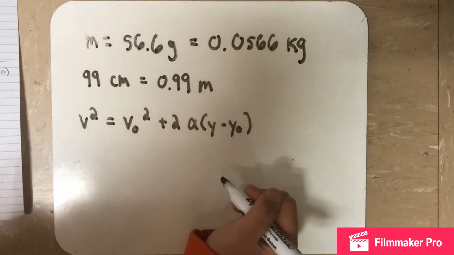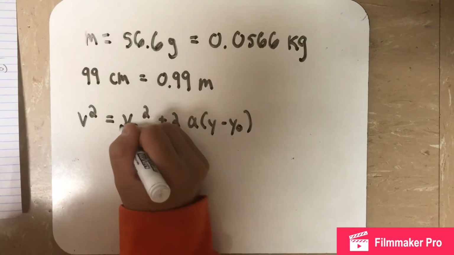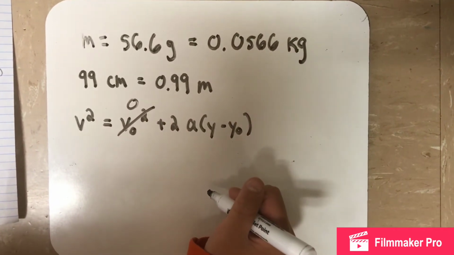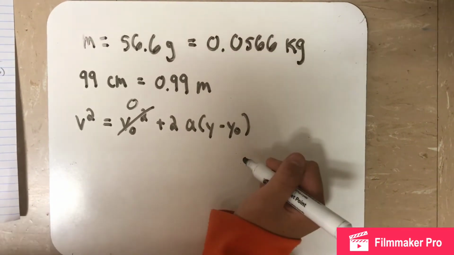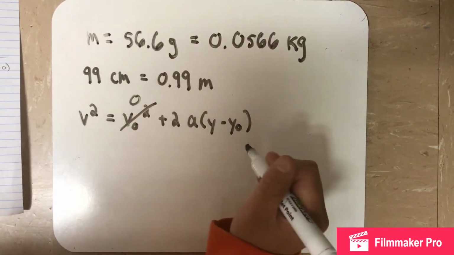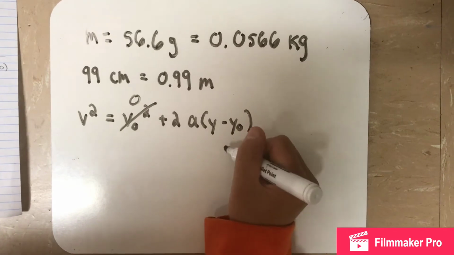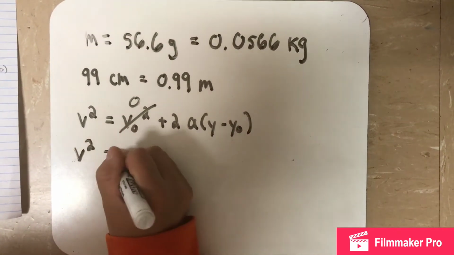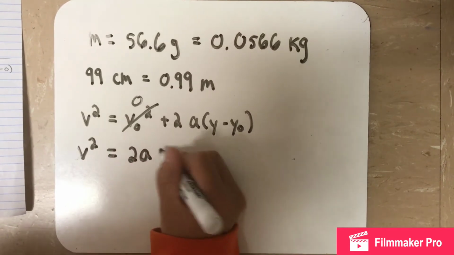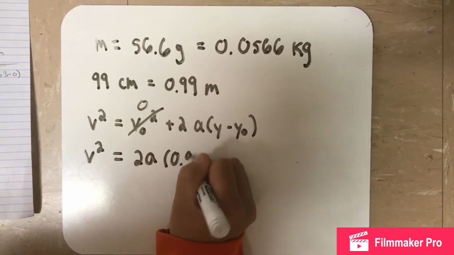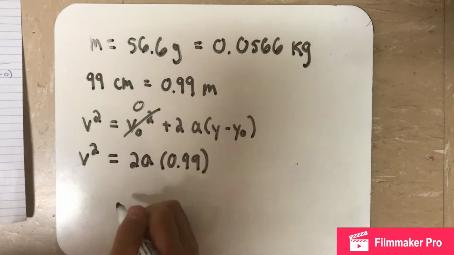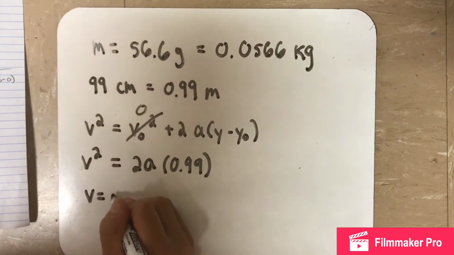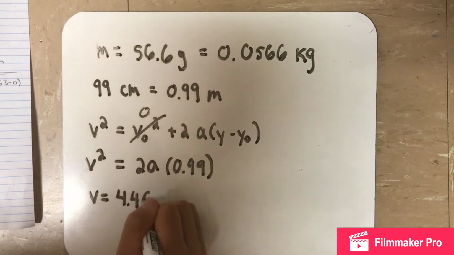And since we're dropping it down, initial velocity would be 0. And so we just have to measure the height, which, as we said, we dropped it from a height of 0.99 meters. And now we just plug all the numbers in, and the velocity turns out to be 4.40